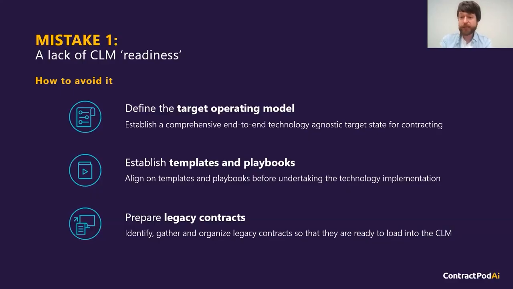It may only be a 4 to 6 week program of work, but to get out of that a true independent summary of where you are on the contracting maturity scale and where you think you might want to be in the future. And just on that maturity piece, if you're gauging on a scale of 1 to 5 and you're currently a 1, but you want to be a 5, go into that knowing that that is a journey. And that buying CLM tech is not going to immediately jump you from a 1 to a 5. There's an awful lot that needs to happen in between that.